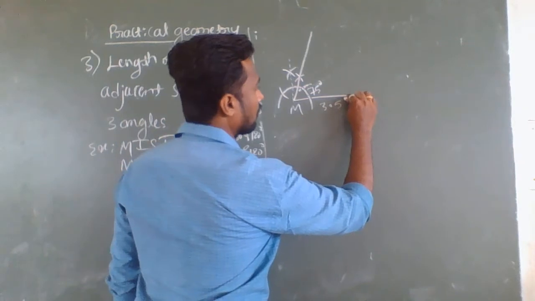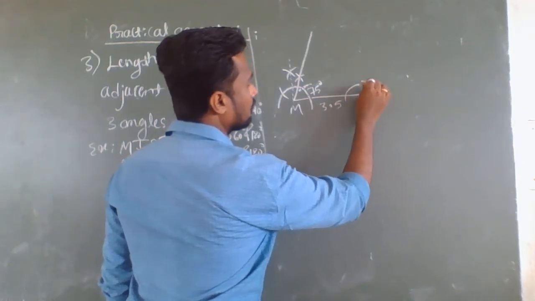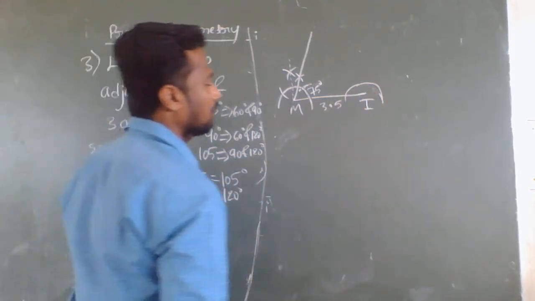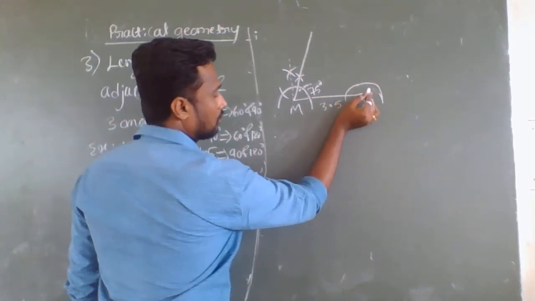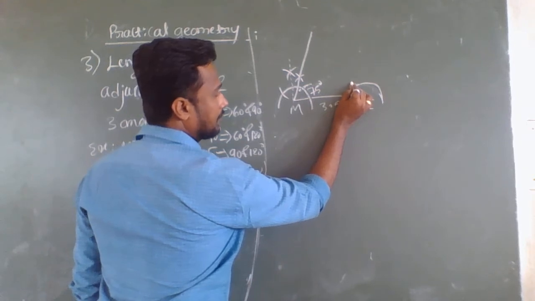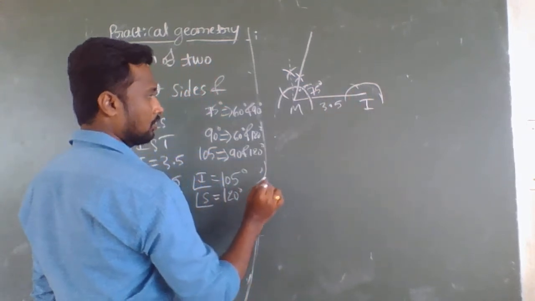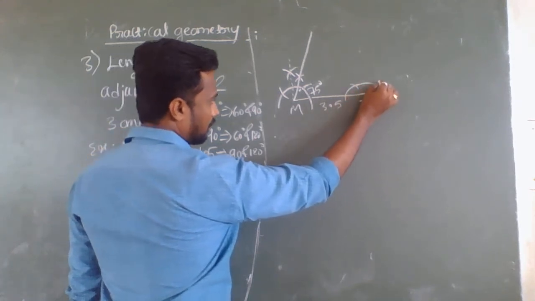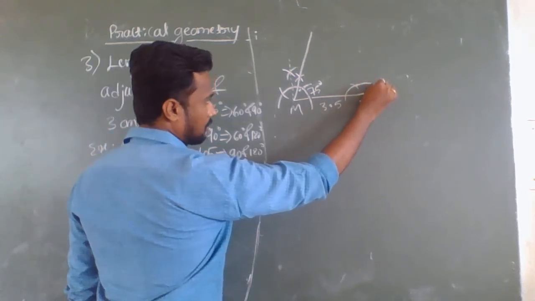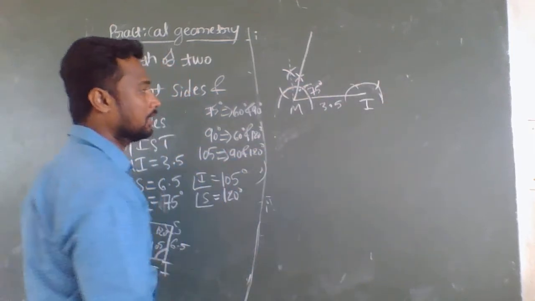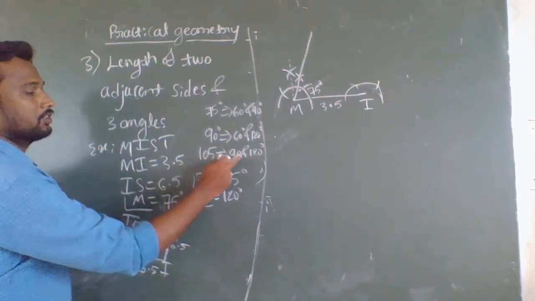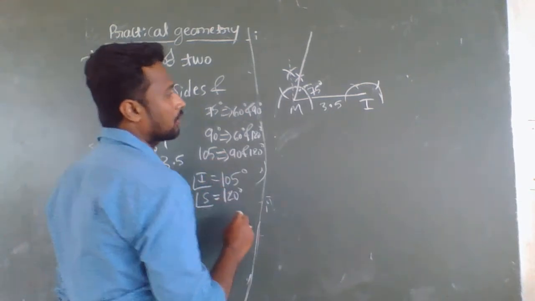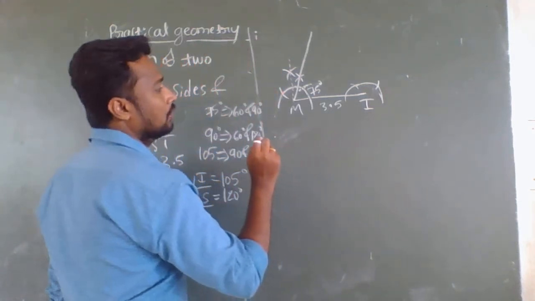So here, draw an arc by using the compass and keep the needle on point I, and from this point draw an arc to get 60 degrees. By using this 60 degrees, keeping the same distance of the compass, you will get 120 degrees, because 105 is between 120 and 90. So now you got 120 degrees, and to get 90 degrees, what can you do?